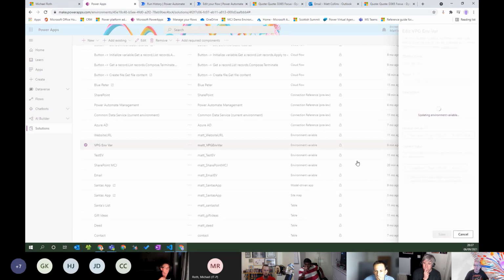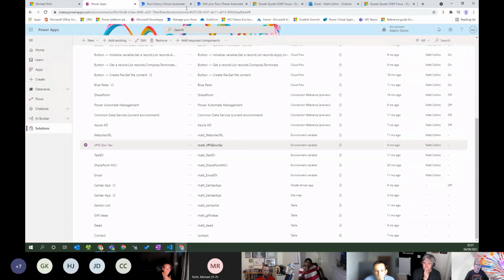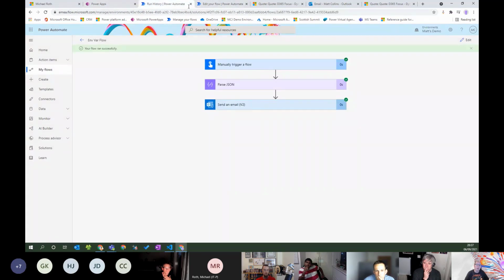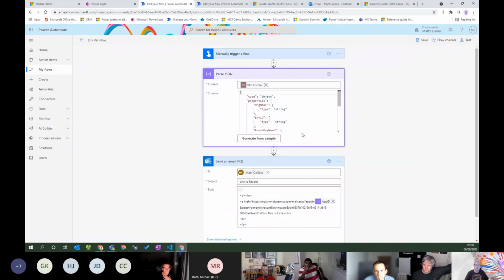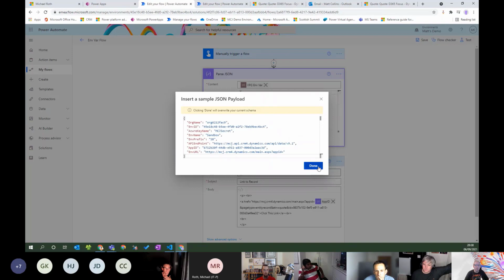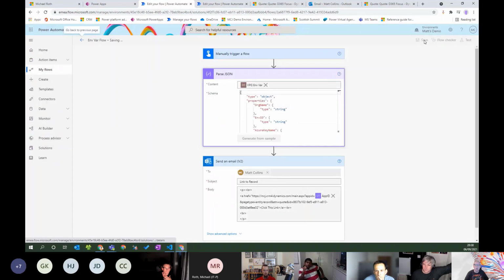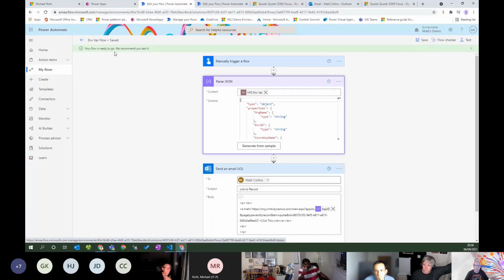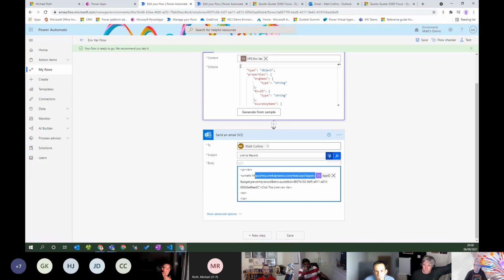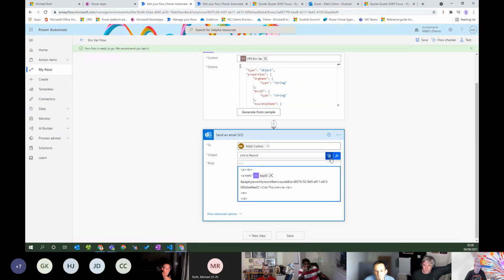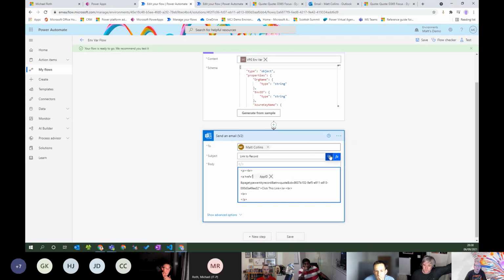So that's that. So you update it. Again, one of the problems with environment variables is the fact that they do not update until you deactivate and reactivate a flow, which is kind of annoying. So if I was to test this now, my flow's trying to know